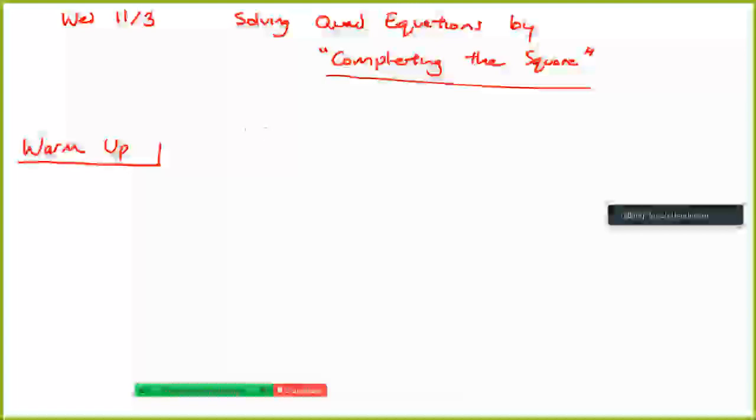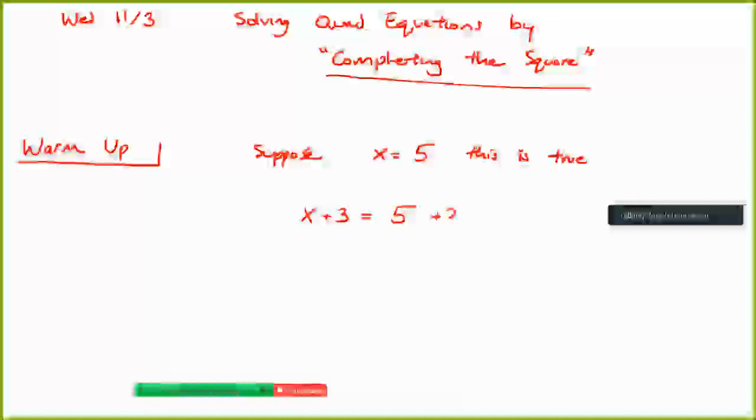Let's say that we set x or some variable equal to something. So let's suppose, for a warm up, suppose that x is equal to 5. Suppose this is true. Then if we said this instead, if we said x is equal to 5, but we added something to both sides, like plus 3 on the left and plus 3 on the right,